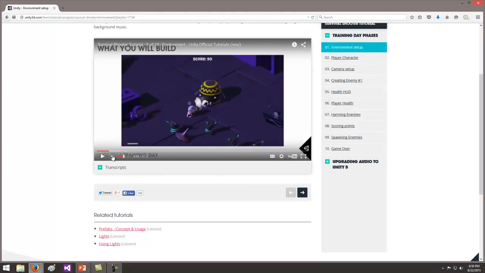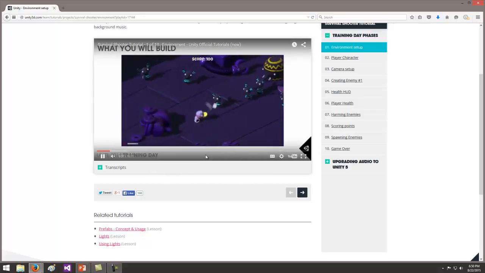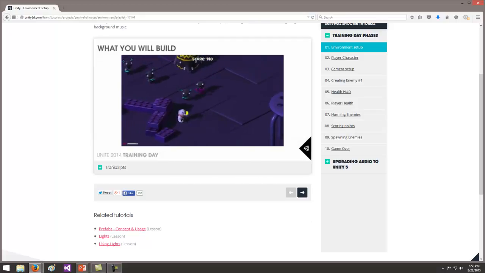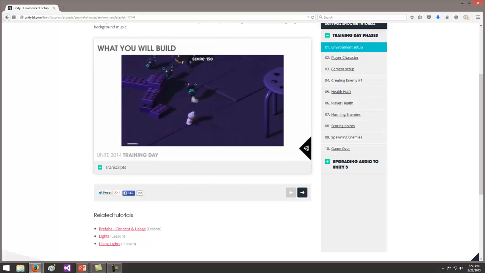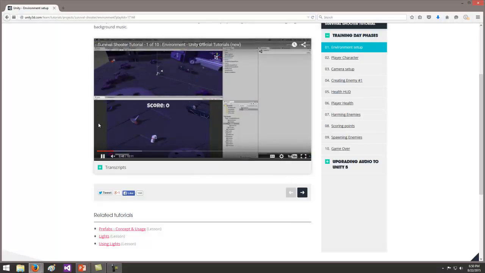AI. I turn that sound off. So that's what the game looks like when you're done. So it's a 2D kind of. Actually, that's more of a 3D. But it's a neat one to help you get your footing in Unity, which is what we're going to do in our stuff anyway. But it'd be nice to come out of this with a couple complete projects that you've followed through on the tutorials.